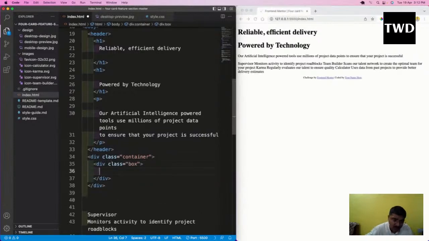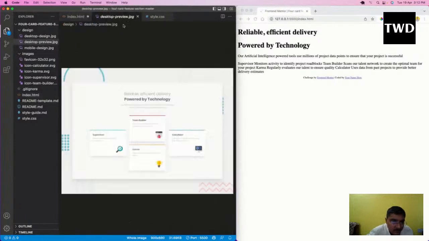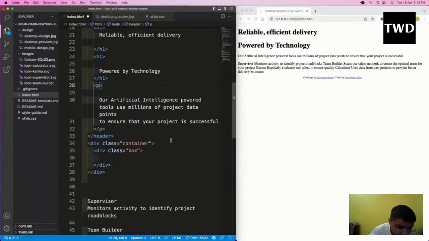Why box? Because all these boxes are identical. Let's see one. All these boxes are identical, and giving a simple style to this class will reflect across. So this will help to avoid extra styling. So moving back to index,